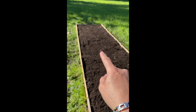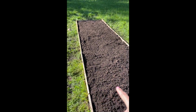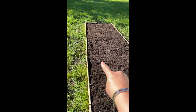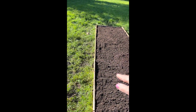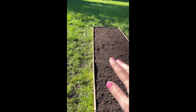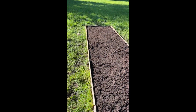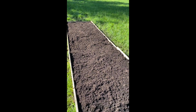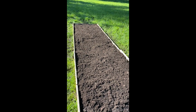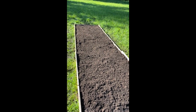So what I'm going to do when I plant my seeds is I'll grow the tallest ones on this row, then the next tallest ones, then the next tallest ones, and the next tallest ones, all the way down the bed, so that the smallest ones are right at the end there. And as we do that, I'll talk you through it, because it's a great idea to do the same, otherwise you're going to find the taller plants overshade the smaller ones and they don't